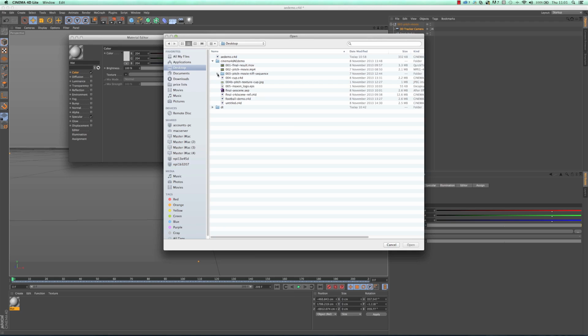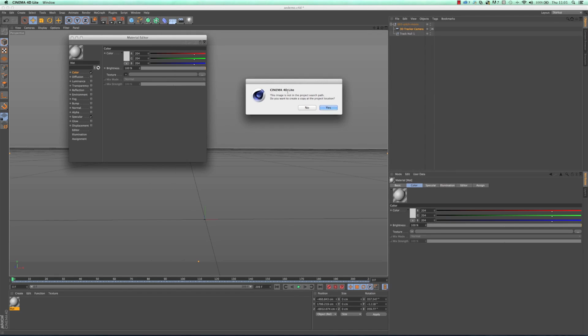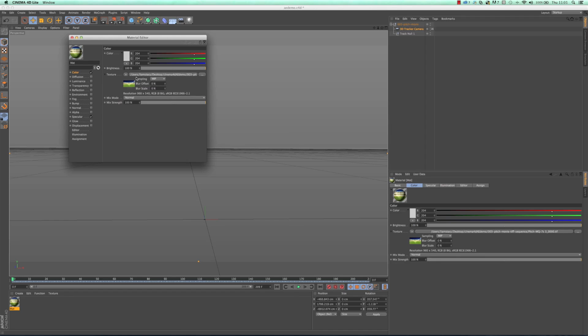If you work with a TIFF sequence, there's no work really that Cinema 4D has to do to display that sequence. So TIFF sequences are really nice. You can work with movies and QuickTimes and those sort of things, but they may chug a little bit in the display. So TIFF sequence will give you really fast preview rate, which you'll see here. So I load in the first one, choose open. There's not a copy of it. Do I want to create a copy of it? I don't, so I'm just going to say no.